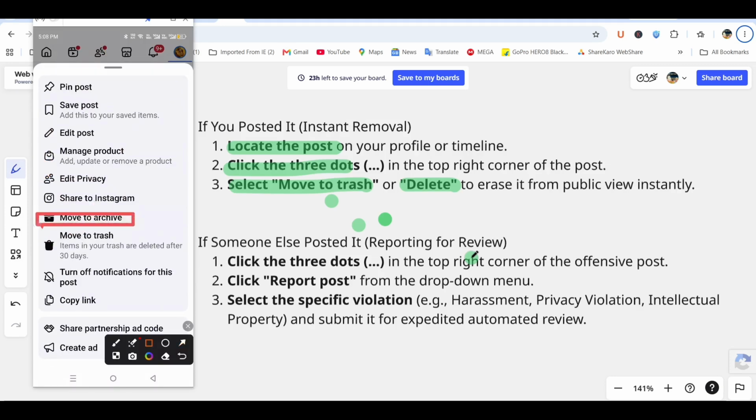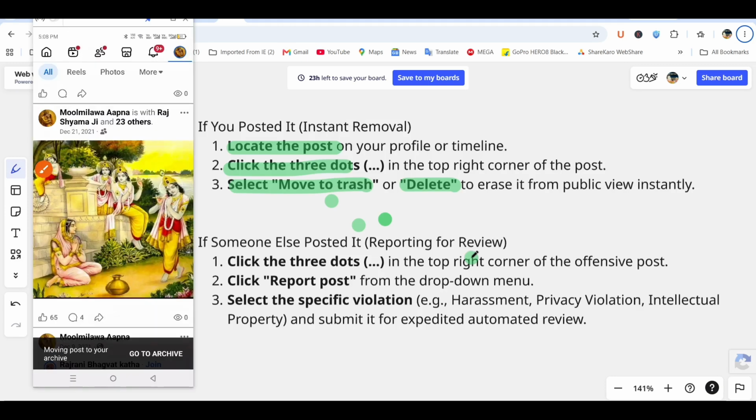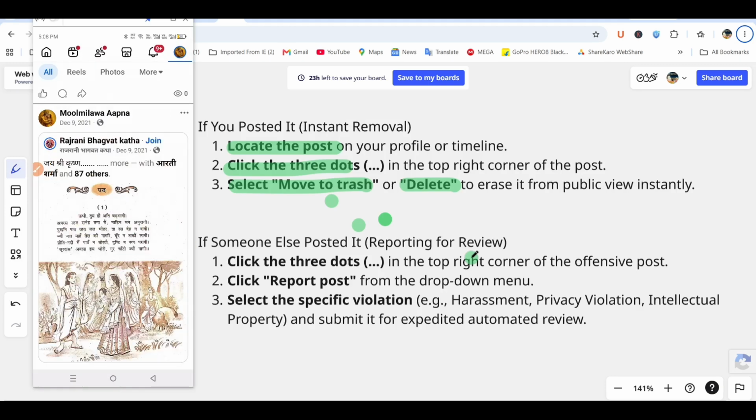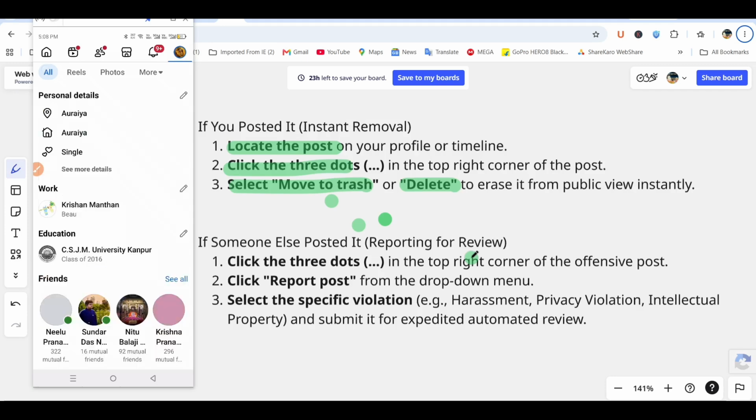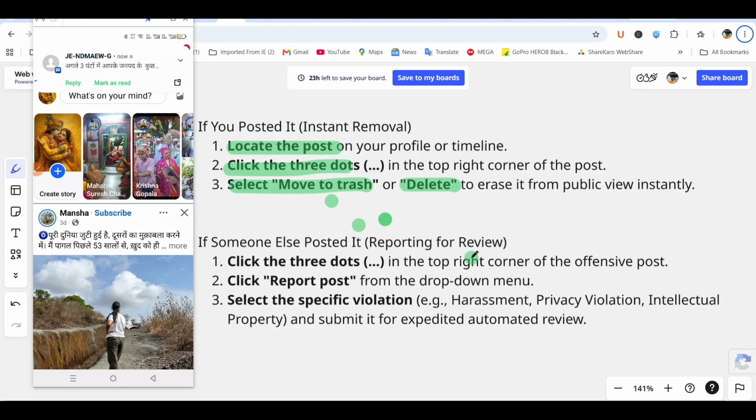and move to archive. Click, and your photo is deleted but not permanently. It goes to archive. If you want to delete permanently, go to archive. If you don't go to archive, then after 30 days it is automatically deleted. So for an immediate delete, I go to the archive option and